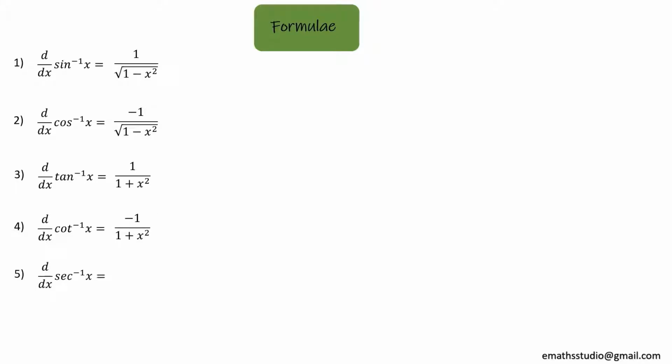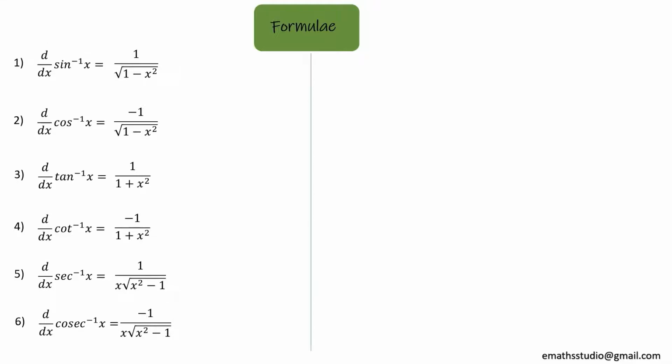The derivative of sec inverse x is 1 upon x root of x square minus 1. And the last one is the derivative of cosec inverse x, which is minus 1 upon x root of x square minus 1. Now, if you remember, we have discussed this: sine inverse x and cos inverse x have the same derivative, only the sign changes, plus or minus. So likewise, you can remember these inverse trigonometric function derivative formulae in pairs. Sine inverse and cos inverse are the same in magnitude, opposite in sign. Similar theory for tan inverse and cot inverse, and the same theory for sec inverse and cosec inverse.